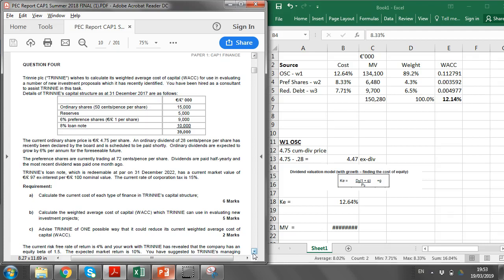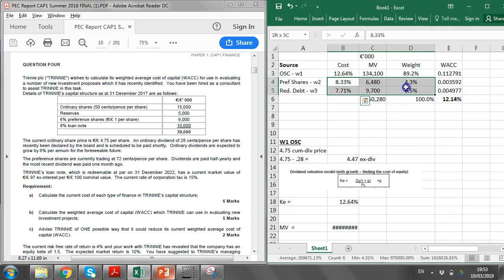Advise one possible way it could reduce its current weighted average cost of capital. So we know from studying capital structure, you want to try and lower your cost of capital. And what we can see here is there's a very low amount of debt and low amount of preference shares in their capital structure. So one way could be to increase the level of debt, perhaps up to 10, 15, 20%,